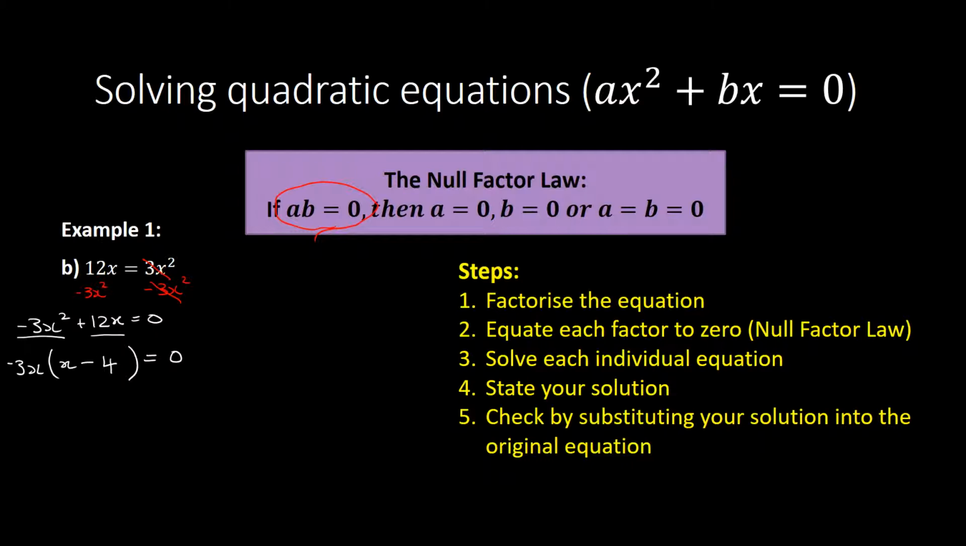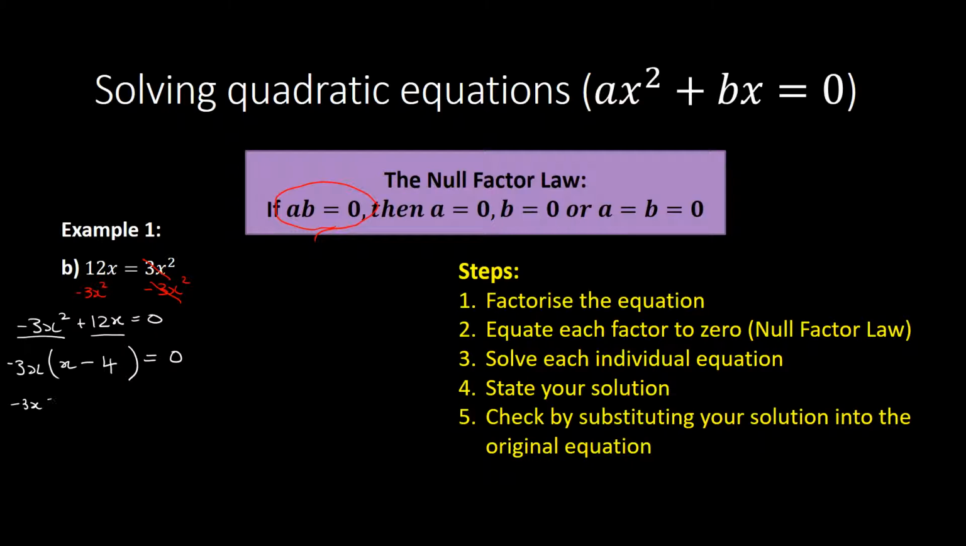And 3 times 4 is the number we need to get 12. If you're not sure about this process or you're not sure that you're doing it right, just go off to the side, expand it back out, make sure you get what you started with. But now that we've factorized it, we can go ahead and use the null factor law,